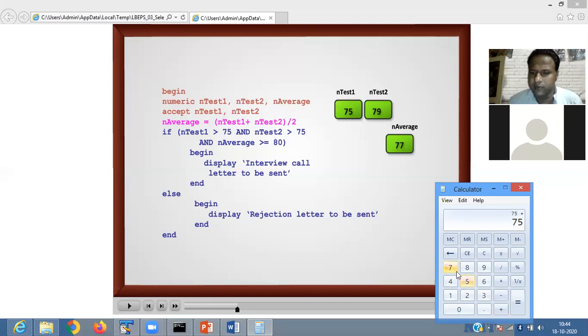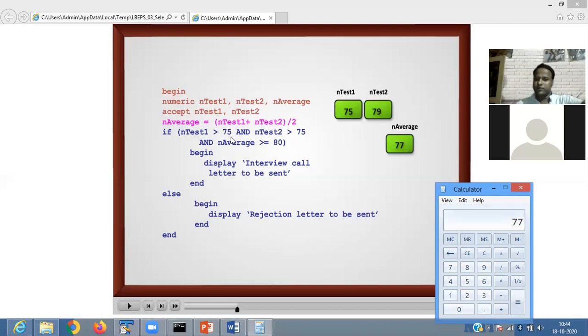So 75 plus 79 is 154, divided by 2 is 77. Okay. Then now check here. Is test1, 75, greater than 75? No, 75 is not greater than 75.